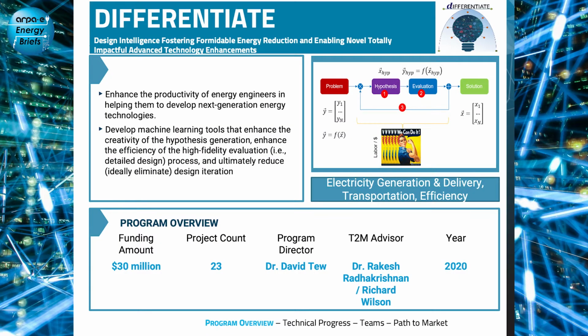The program was structured largely around the nominal engineering design process or scientific method, where engineers hypothesize new design concepts, potential solutions to problems. Then they evaluate those concepts and see how they perform versus their target performance metrics. If they don't get it right the first time, which we never really do, then we go and iterate. So we're developing tools to really help engineers take better guesses faster.